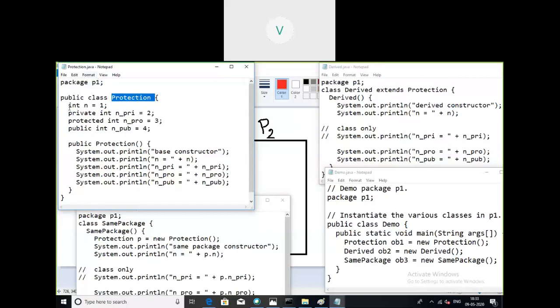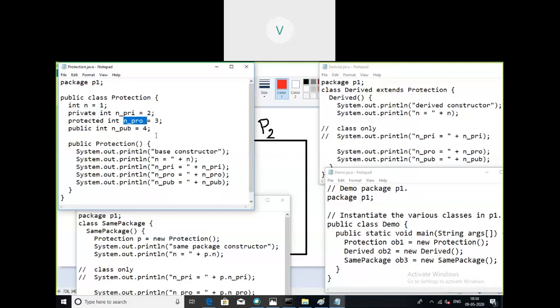So these are the four types of access specification. This is default. N is a variable which has default access. N private is a variable. The value of n is 1. N private is an integer variable which has private access and is initialized with the value 2.